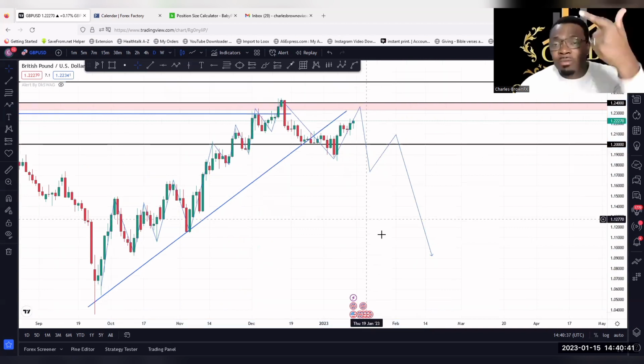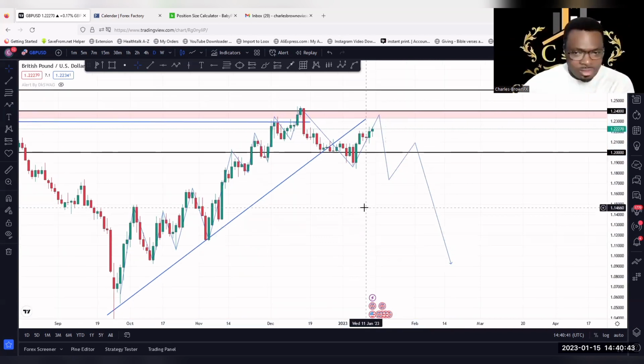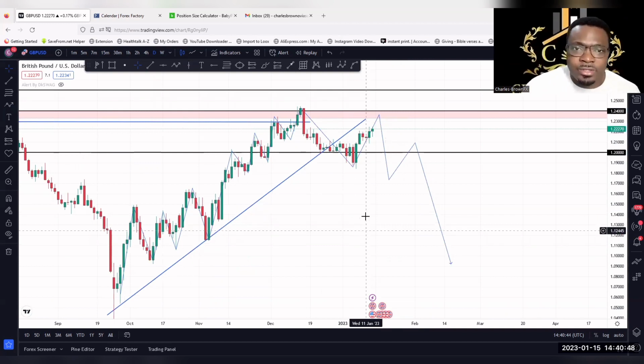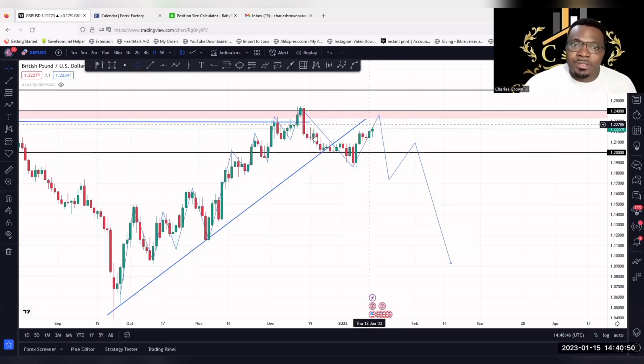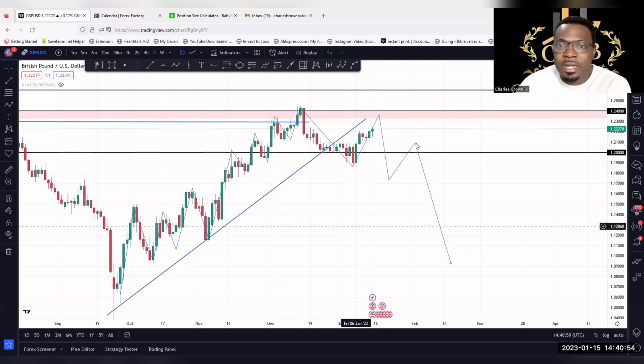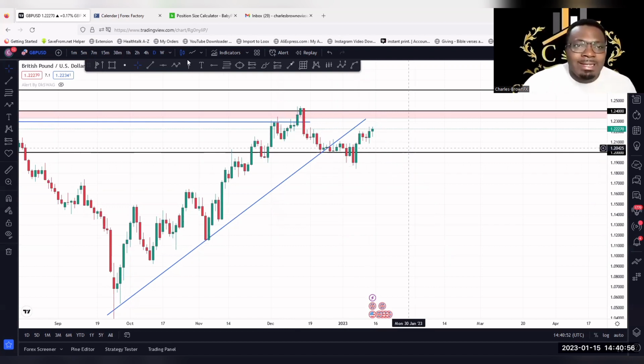Now, we must also understand this whole thing in market structure. Very important. If you haven't watched my video on market structure, it is on the YouTube channel. You can see it around this place, market structure. The video is there. Now, look at this. I'm anticipating this. So what we will now have in the daily time frame is a clear M pattern. All right, we'll have a clear M pattern playing out on this high time frame like this.